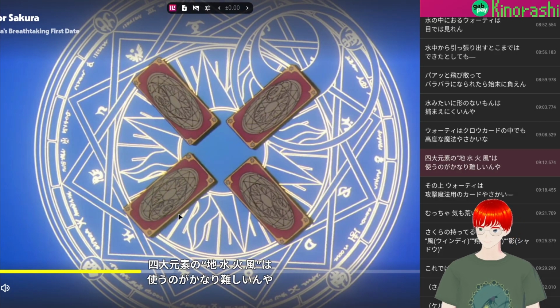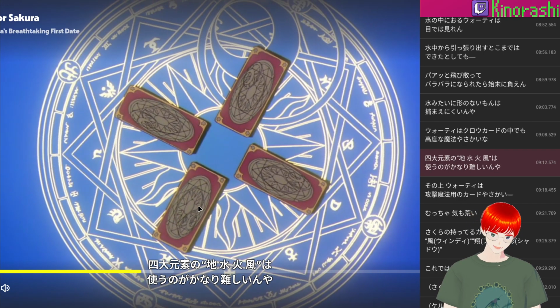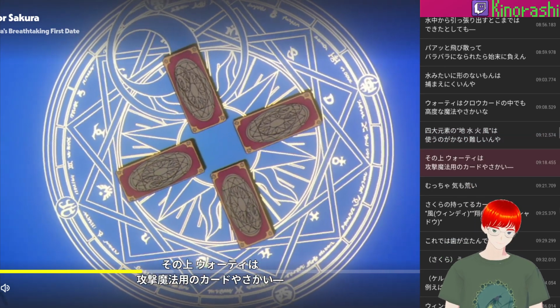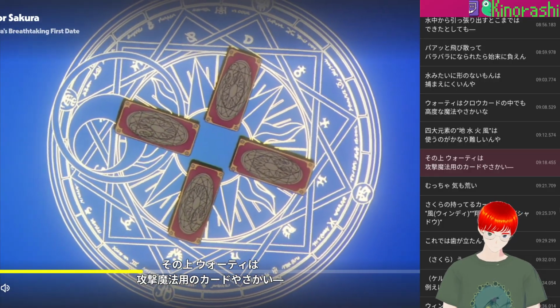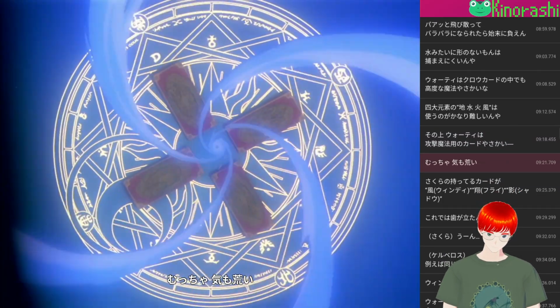Yes, so in other words, and on top of that, Watty is an attack magic card. その上ウォーティは攻撃魔法用のカードやさかいむっちゃキーも荒い。